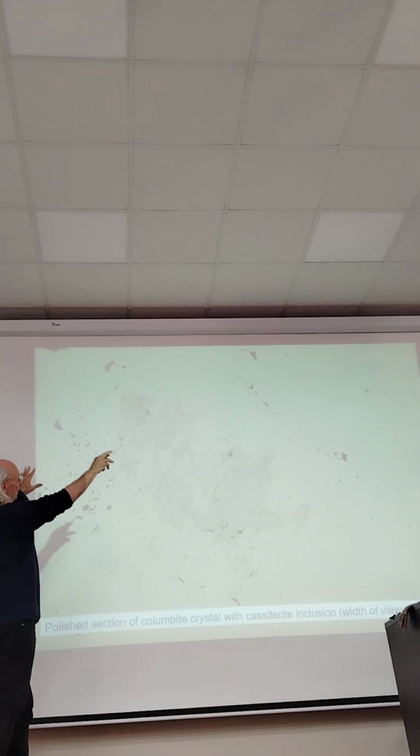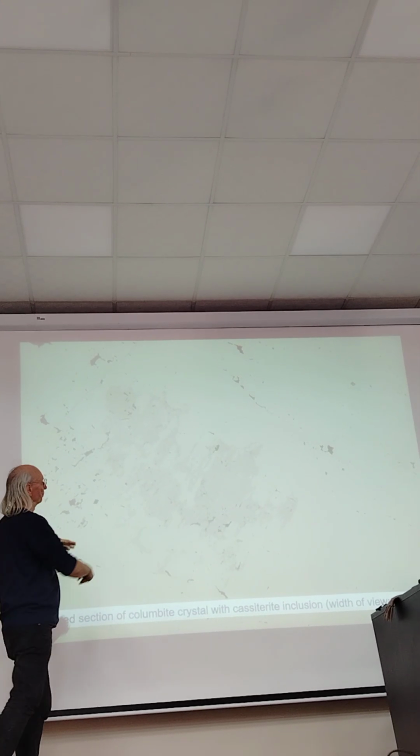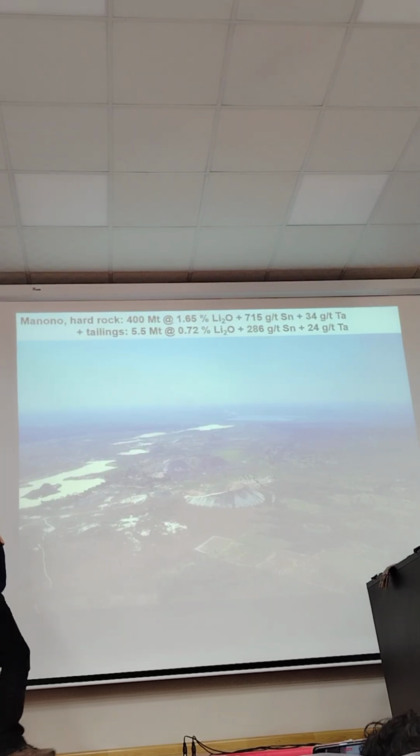Yeah, this is columbite under the microscope in the polished section. This is 1 millimeter. Columbite, and then often columbite has cassiterite inclusions, which form at very high temperature. This is an oil with which activity of cassiterite becomes formed. Yeah, and then a short